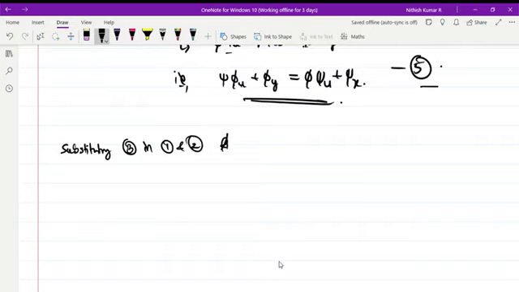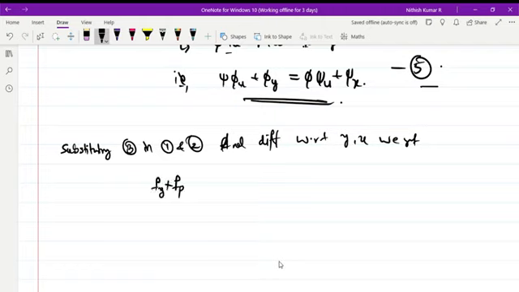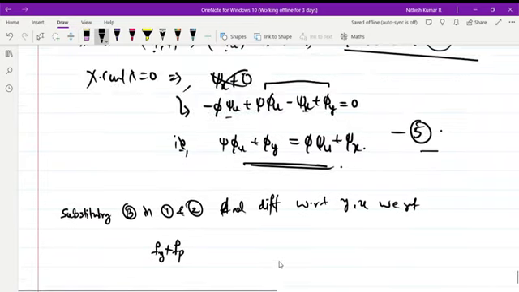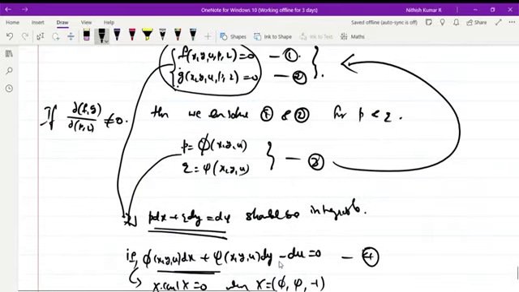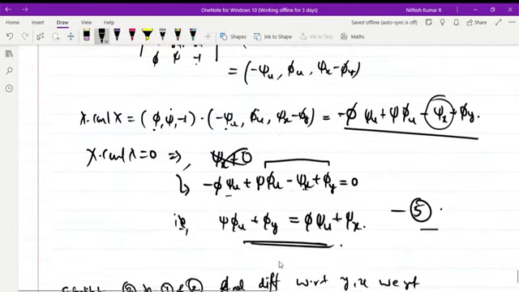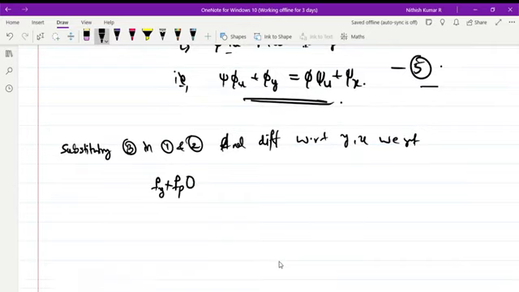For that we shall substitute equation 3 in equations 1 and 2 and differentiate partially with respect to y and u. Equations 1 and 2 are differentiated with respect to y and u. So substituting 3 in 1 and 2